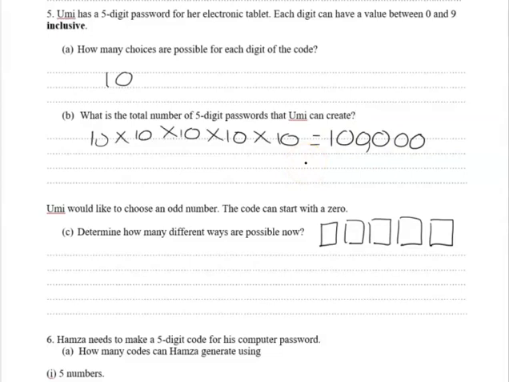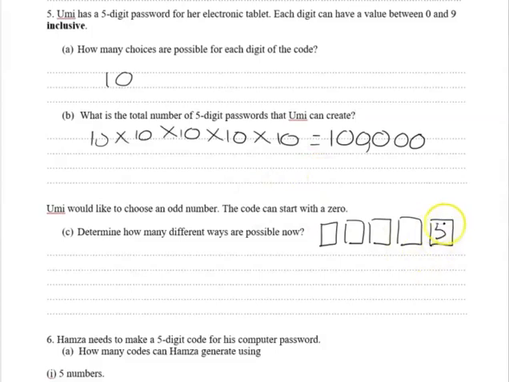Umi would like to choose an odd number. The code can start with a 0. Determine how many different ways are possible now. Now, here in this question, they're putting a limitation on the number. They're saying it's an odd number. So if it's an odd number, how do we know if it's odd or even? By looking at the number it ends in. So if it ends in an odd number, it's an odd number. So from 0 to 9, how many numbers are odd? 5 numbers. So we have 5 possible choices